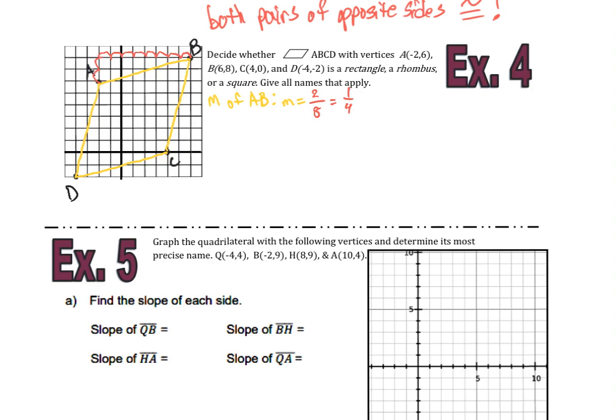Now, in order to determine if this is a 90-degree angle, I'm looking right here. See what I'm circling here? Is that angle 90 degrees? That's what I'm questioning right now. In order for that angle to be 90 degrees, AB and AD, those two sides, have to form a right angle, which means they have to be perpendicular. So the reason I'm finding the slope of those two sides is because if I can compare the slopes, if they are opposite reciprocals, or you might know it as negative reciprocals, then that means the two lines are perpendicular and they do form a right angle. So that's why I'm looking at slope. Now let's find the slope of